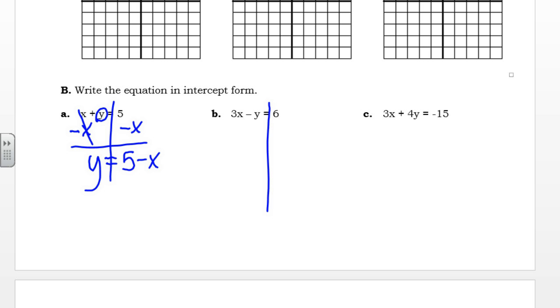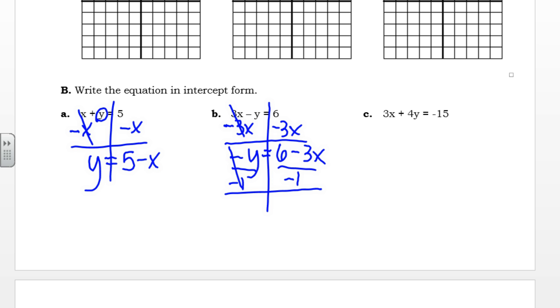And I'm going to kind of just do the same thing. I have -3x from each side, and I have a -y left, 6 minus 3x. I need to get rid of the negative in front of the y. Simplest way to do that is divide both sides by -1. Divide or times, kind of the same effect. The negatives will cross out. Y is -6